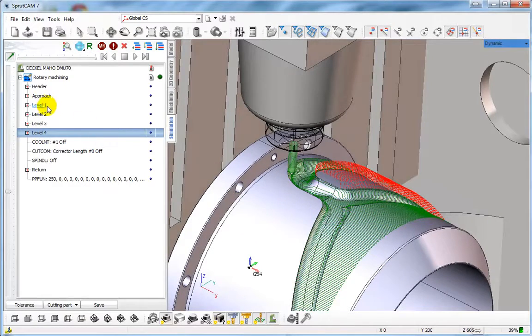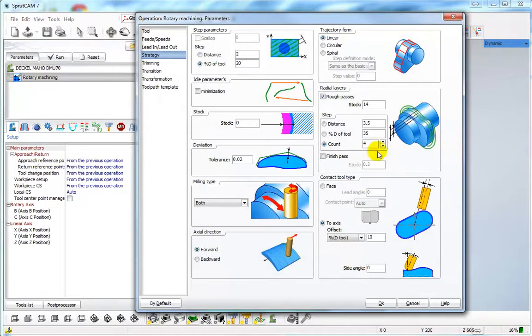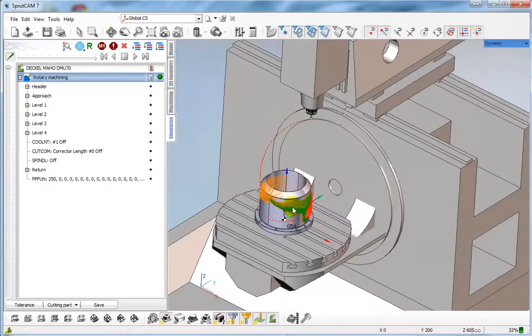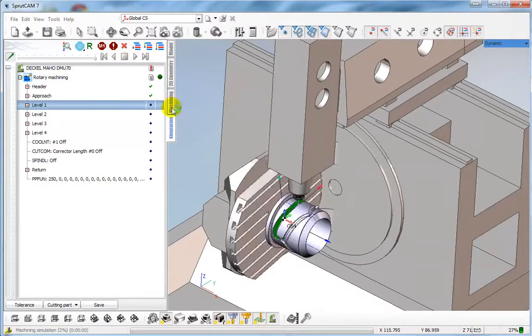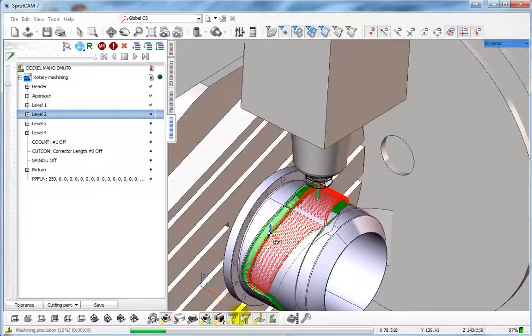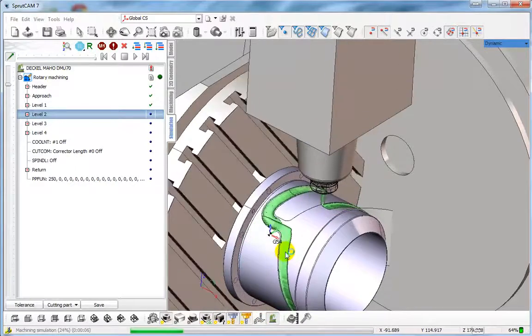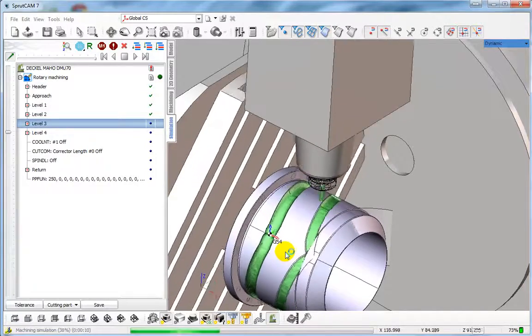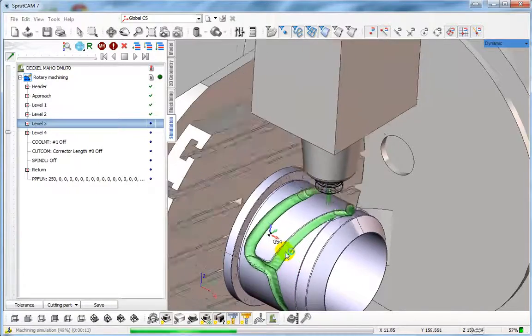Okay, the depth of the milling is equal, not more than this distance. Okay, we can have a look at the simulation, reset and play again. Make the workpiece visible, make the part invisible. Second layer, and the third layer,